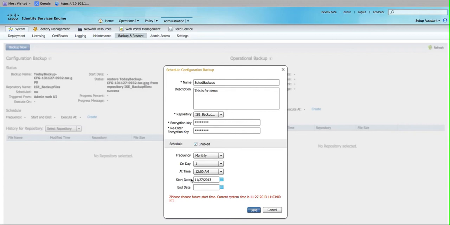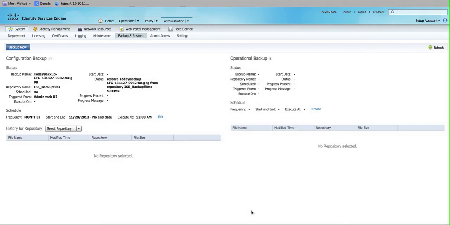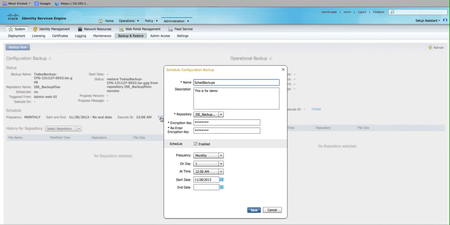okay, so I have to start it. It shows like 11:03 IST, and I have to choose a future start time because 12 a.m. has already crossed on 11:27. So I'm selecting the start date as the 28th, and just click on save, and your frequency is saved. If you want to edit this frequency, you can just click on this edit button and